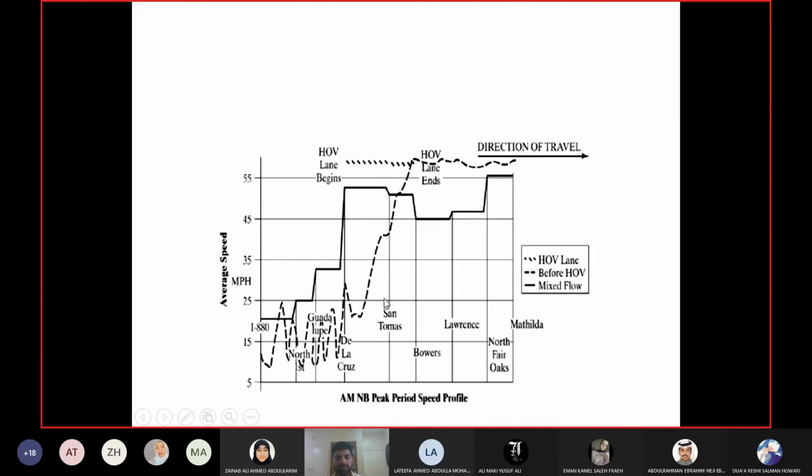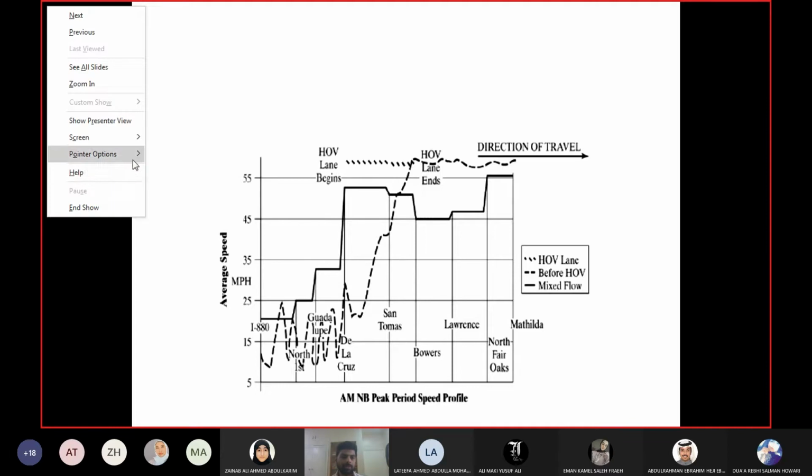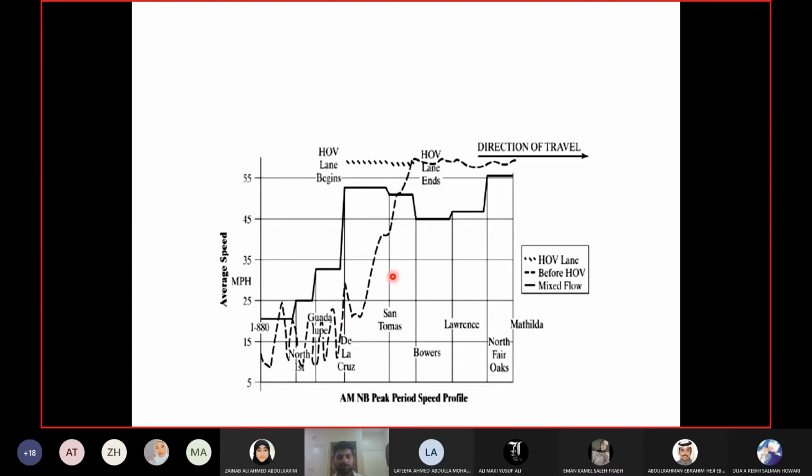So they decided, since this segment and this lane has a problem, why not make this an HOV lane? We will make this lane exclusive for high occupancy vehicles in this segment, where the speed is already low. The speed is low because everybody is going through this lane. So we said no, we will make this lane exclusive and separate only for HOVs, high occupancy vehicles. After making it like this, what happened?